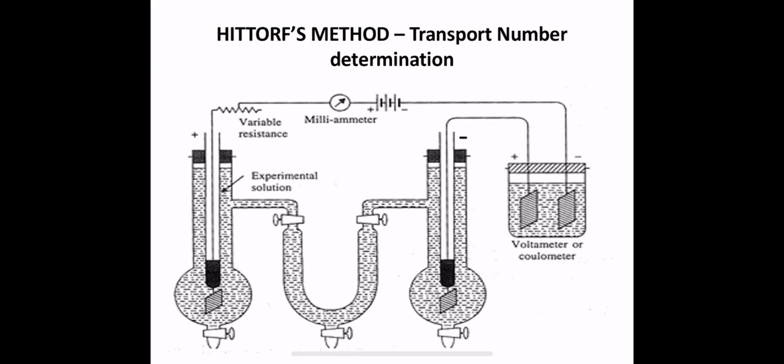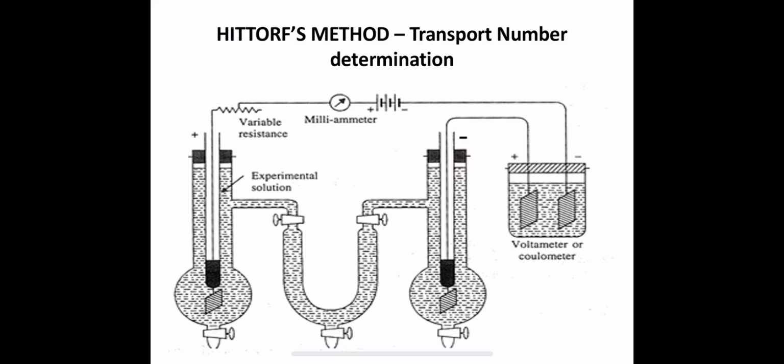Okay. So this is a schematic representation, or the diagram, which shows how we have to do the experimental setup. The apparatus consists of 3 tubes. Here you can see, this is one tube and this is a U tube. It is in the shape of a U, so that is why it is called a U tube, and this is another tube. All these 3 tubes have taps at the bottom, so you can clearly see it.